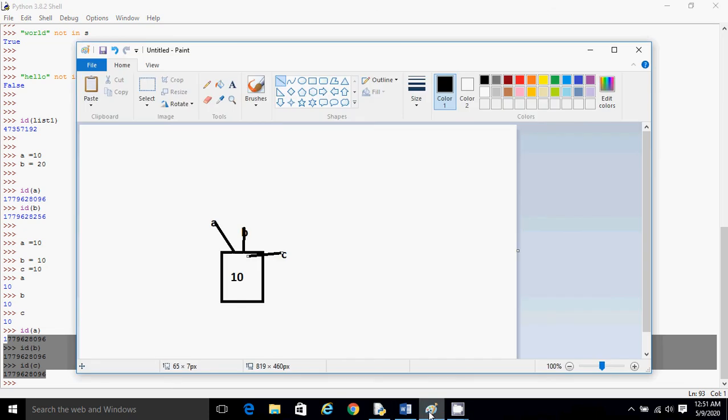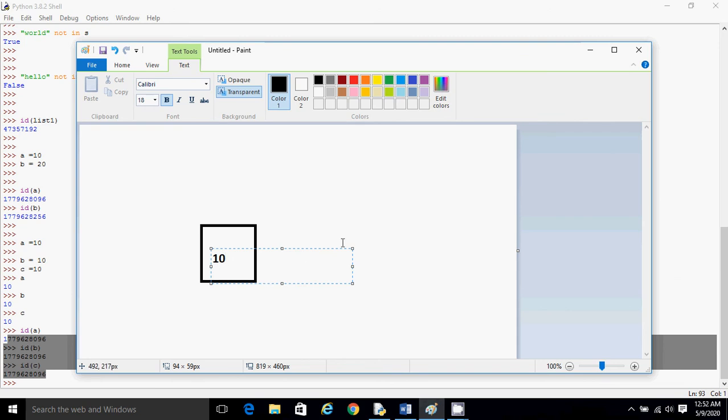But why is it so? Let's delete this and I can explain again. Let's assume this is a memory location where the value 10 is stored.